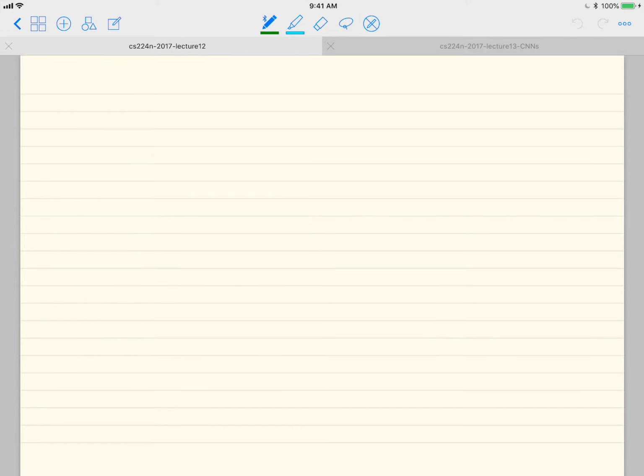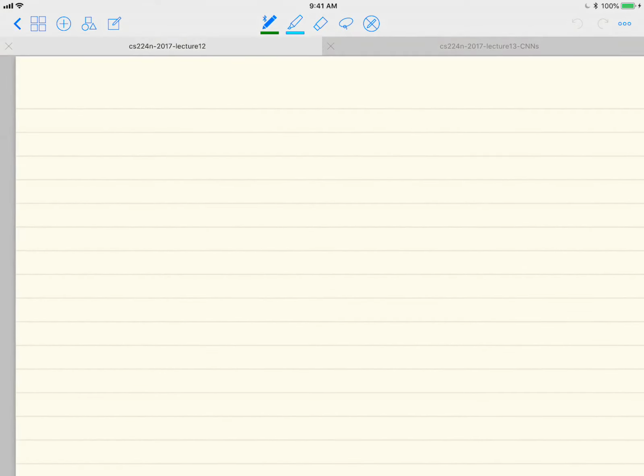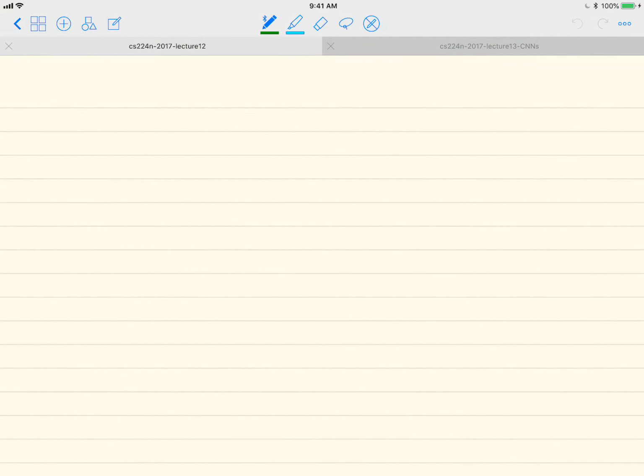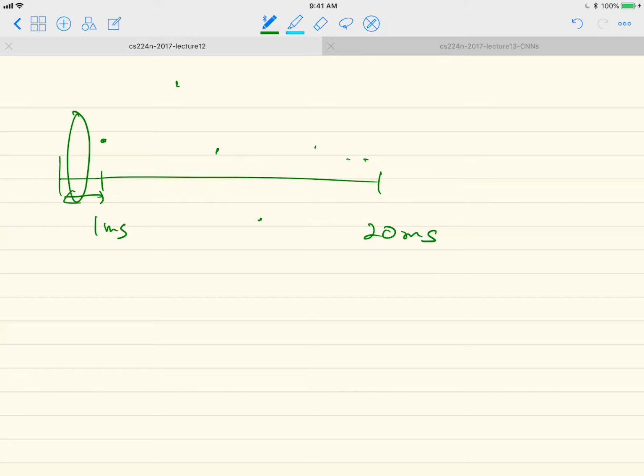So the student pointed out some interesting stuff that I didn't think about. We are using a discrete time signal, right? So within maybe 20 milliseconds, suppose our sampling interval is 1 millisecond, and then we will have a signal like this. So we will have 20-dimensional signals, right? And then we don't know what is actually going on within this